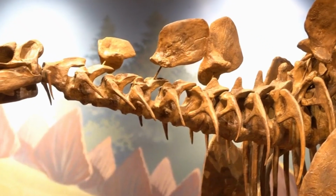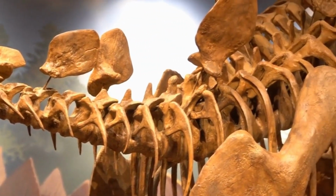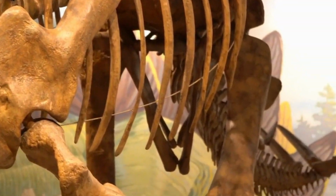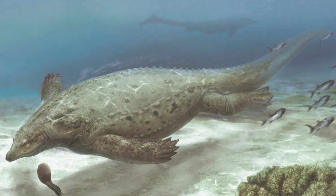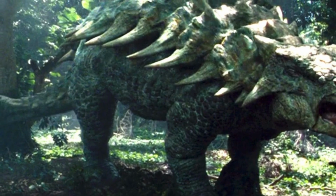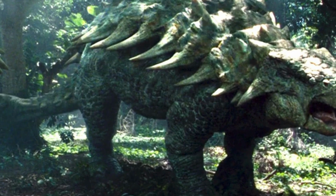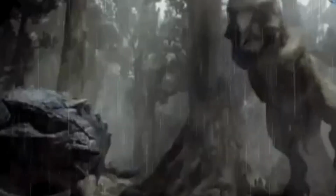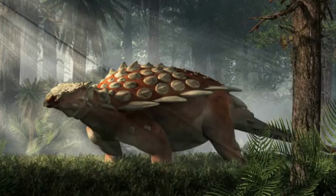These heavily armored dinosaurs thrived during the late Jurassic and Cretaceous periods, walking the Earth tens of millions of years after placodonts and saurosphargids had disappeared. Unlike the other turtle lookalikes, ankylosaurs were fully terrestrial and equipped with an impressive set of defenses. They developed a sturdy, low-slung body covered in thick, bony plates called osteoderms, creating an armored shield much like that